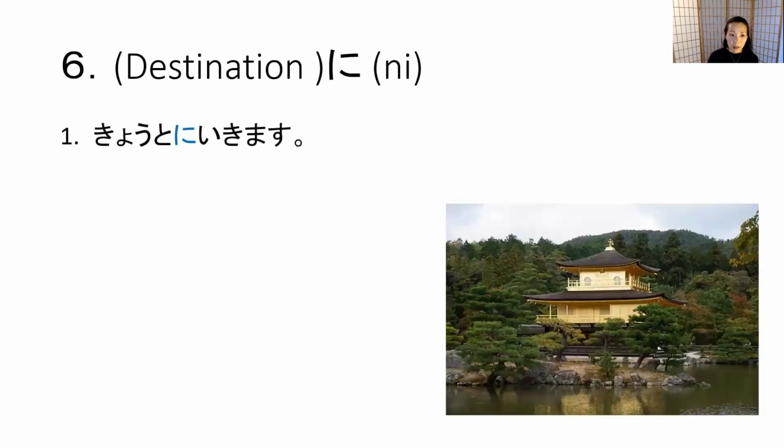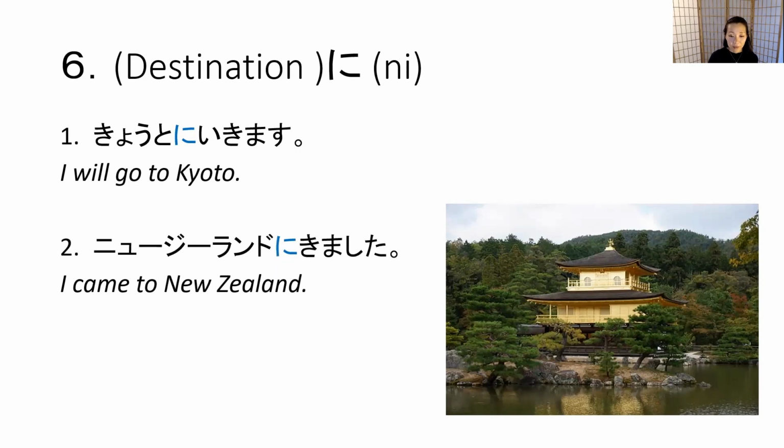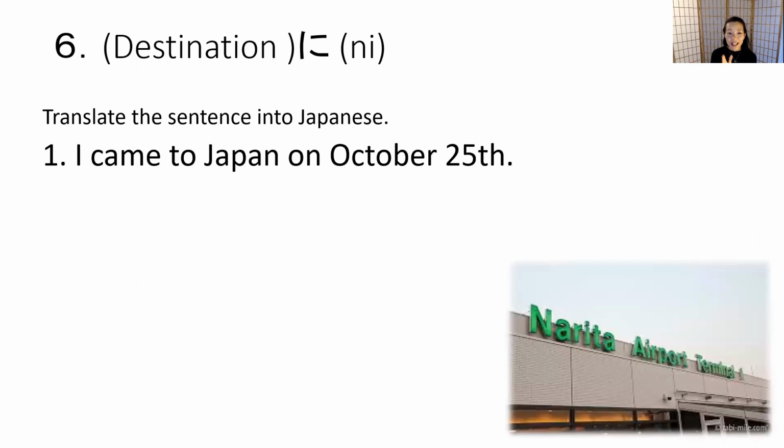Okay, let's look at some other sentences. 京都に行きます. That means I will go to Kyoto. 行きます means go, future. Number two, ニュージーランドに来ました. That means I came to New Zealand. 来ます means come. ました is past tense, so that's why it means I came to New Zealand. Let's practice. Repeat after me. 京都に行きます。ニュージーランドに来ました。